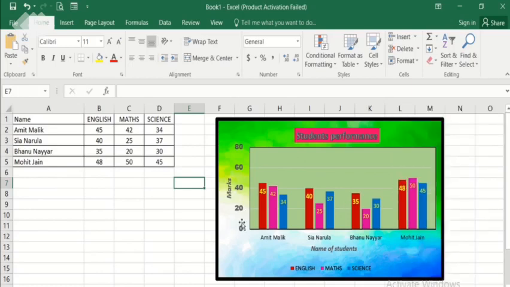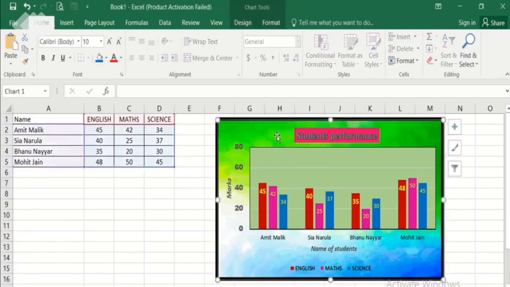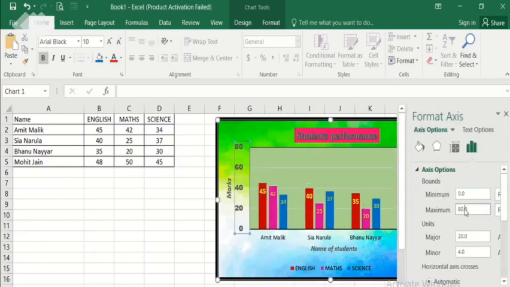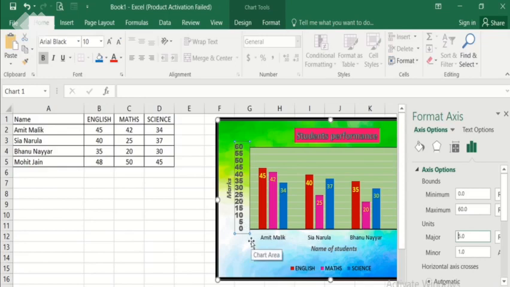Suppose this is giving a gap of 10. You want to increase it. How will you do it? Again, click on the value y-axis and click again on Format. Suppose let's change it to, I make it 60 again, and the difference between the units, here it is taking 10 units. Suppose I want to make it, let's say, 5 units. So what will happen? See, it is taking the difference of 5: 0, 5, 10, 15, 20. This way you can change the values of a value axis.